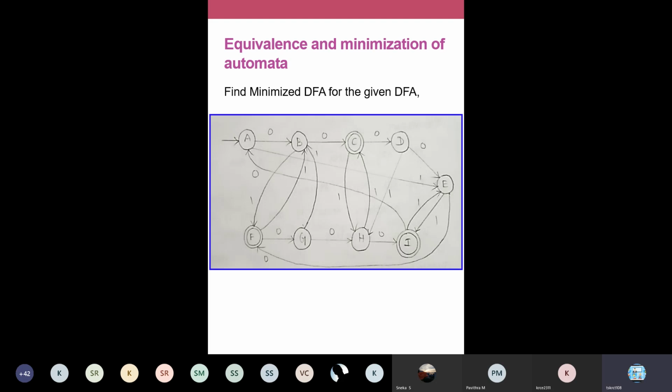ஒவ்வொரு டிஎஃப்ஏலையும் 0க்கும் 1க்கும் அவுட் கோயிங் எட்ஜ் இருக்கும். ஒவ்வொரு ஸ்டேட்லேருந்து 2 அவுட் கோயிங் எட்ஜ் கண்டிப்பாக வரணும். 0க்கு ஒரு அவுட் கோயிங் எட்ஜ், 1க்கு ஒரு அவுட் கோயிங் எட்ஜ். Find out in that manner and mark the edges. ஏலேருந்து 0 கொடுத்தா என்ன ஸ்டேட், ஏலேருந்து 1 கொடுத்தா என்ன ஸ்டேட், பிலேருந்து 0 கொடுத்தா என்ன ஸ்டேட், பிலேருந்து 1 கொடுத்தா என்ன ஸ்டேட். Like that you mark the transitions. Then only you won't miss any edges. Complete the drawing and give a message in the chat box.